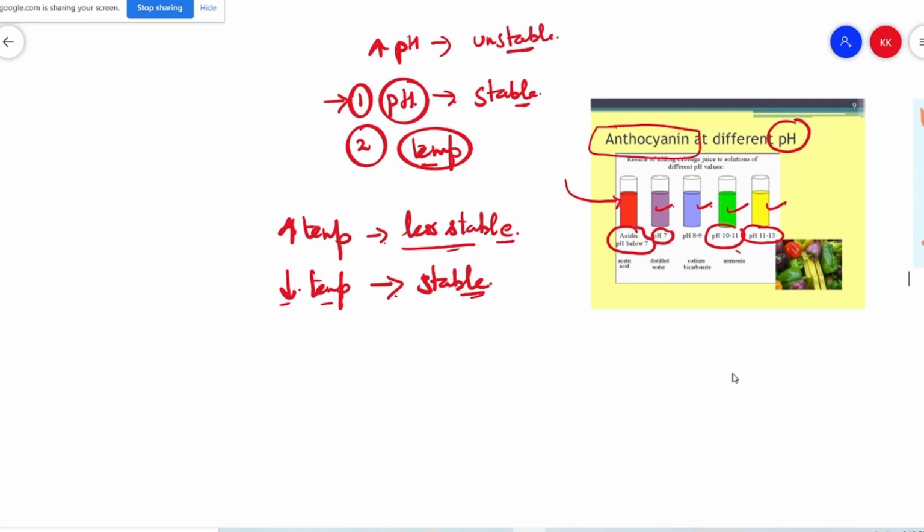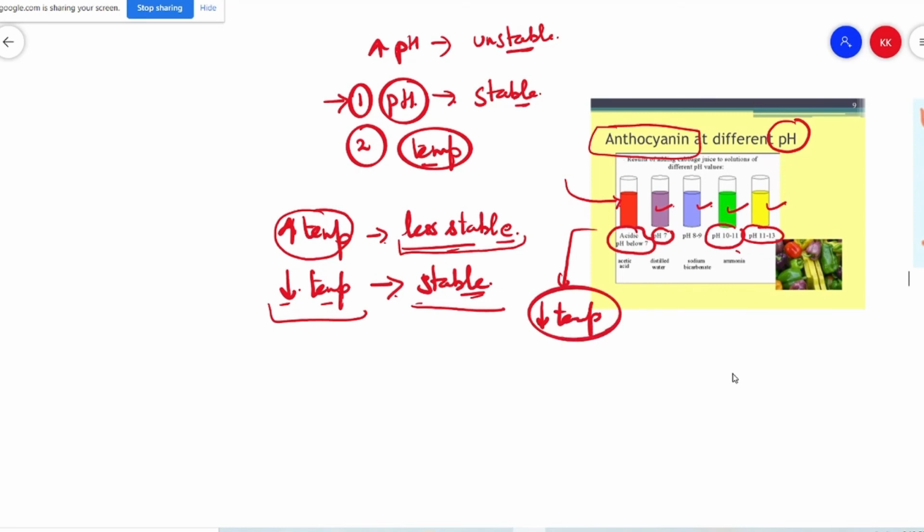They start to degrade. In the same way, at higher temperature, your anthocyanins will be less stable. They start to degrade, and at lower temperature, they will be stable. That is why your fruits and vegetables are all stored at lower temperature, right? So that their anthocyanins and other types